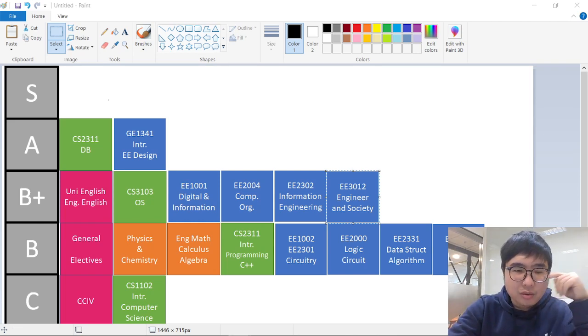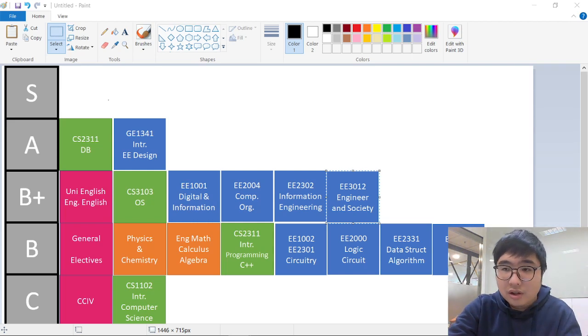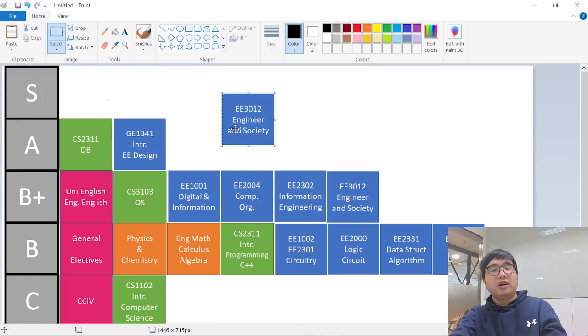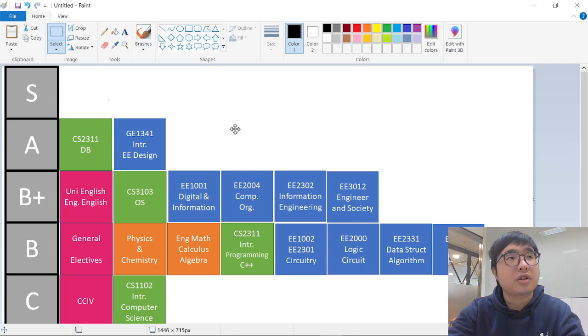Yep. So that will bring us to the junior year courses, the year three courses here. So the first course here is called the first year course. It's not engineering and society. It should be